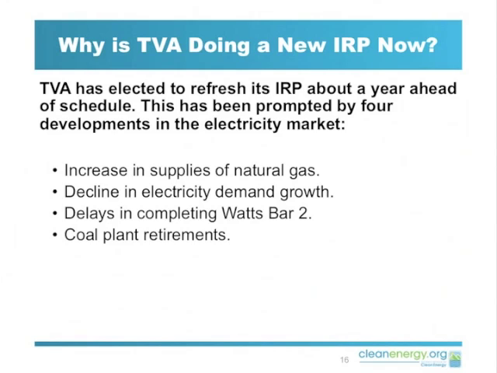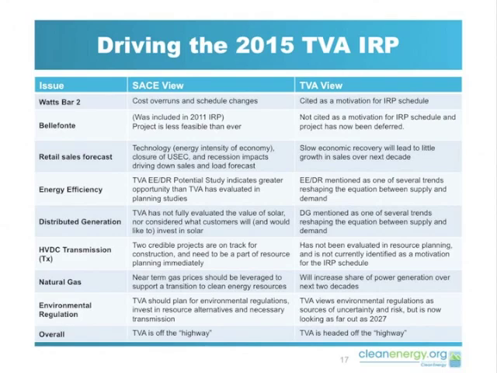So that's been a huge change in the outlook for the future that TVA is addressing. The delays in completing Watts Bar 2 are a factor. At the time of the 2011 IRP, Watts Bar was on schedule. It's since been delayed, and that's going to have some impact on the resources available for the IRP process, and also the coal plant retirements, which again flow out of the first item there, the increased supplies and lowered costs of natural gas. Also, new environmental regulations that are coming out make it look like a good idea to step up the coal plant retirements. This is basically what I just said in a little more detail.